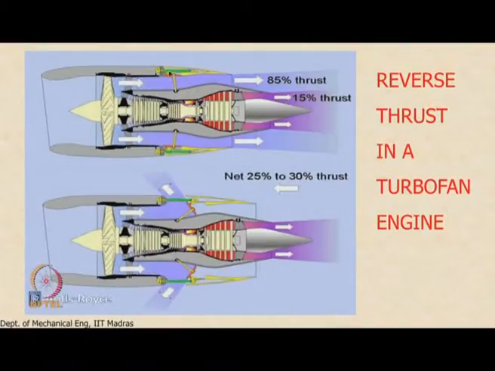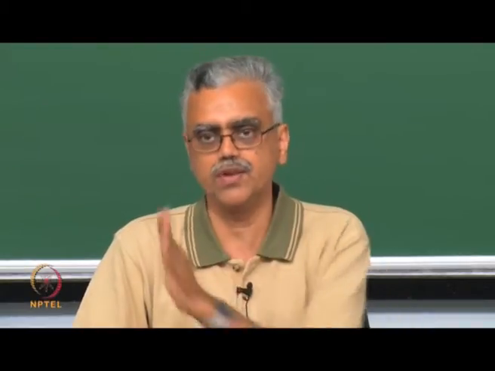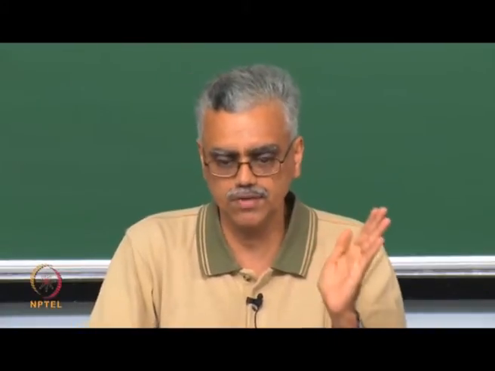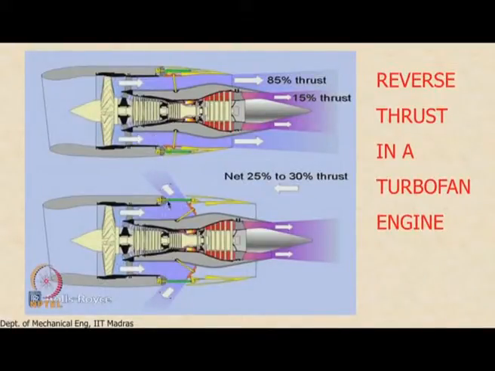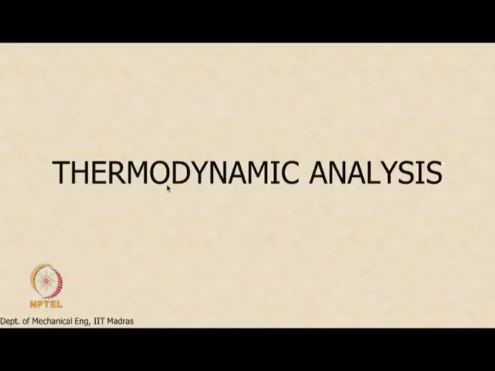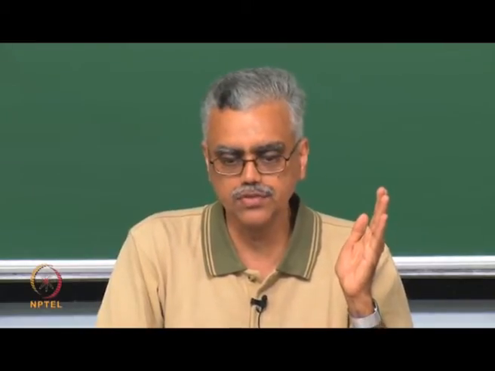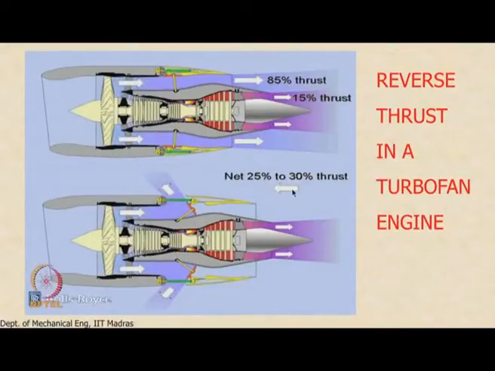Okay, so what is normally done is, so here is the fan stream, and you can see a unit here. This is actually something like a cascade of blades, and this is the normal operation, and when the thrust reverser is deployed, we can see this cascade, and the air is deflected through the cascade. So the cascade is like a set of stator vanes which deflect the flow this way, right? And then it gives you about 25 to 30% thrust in the forward direction.